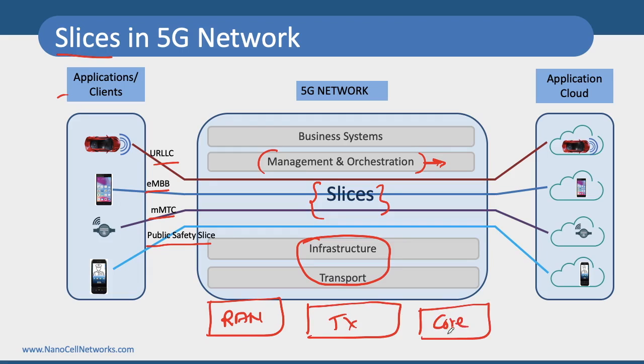So when we say slices, they should support end-to-end implementation, where these infrastructure resources can be dedicated to one particular slice end-to-end. End-to-end means we start with the client or the user and go up to the cloud network or a 5G core network. So we need to have slice support in the RAN network, the transmission network as well